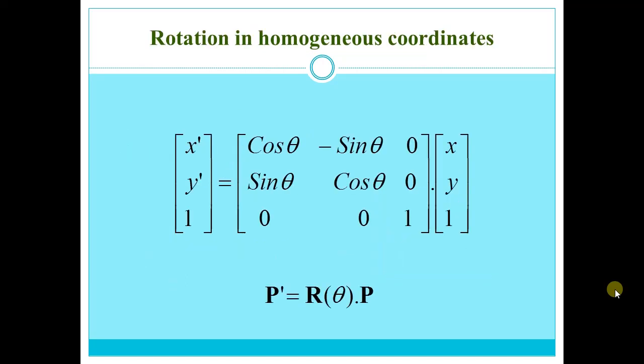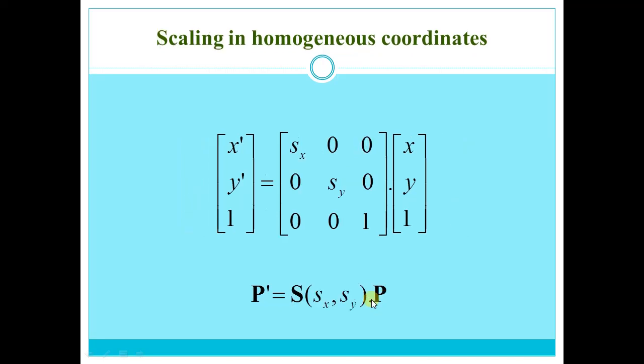Then the rotation matrix after homogeneous also comes as 3 by 3. So here you will get cos theta, minus sin theta, and cos theta, and the last row gets added 0, 0, 1, and because of the 1 it is called a homogeneous coordinate system. So here the rotation matrix also gets multiplied with all the point coordinates. Scaling, again you will get a 3 by 3 matrix. Now all these translation, scaling and rotation are multiplied with all the point coordinates.